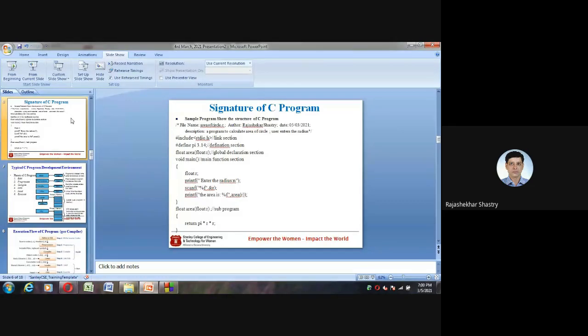If I'm unable to explain on the spot, no problem, I'll definitely refer them, and through WhatsApp or through any other media, I'll definitely answer your questions if I'm unable to immediately respond. Definitely I'll maximally respond immediately. In case I fail in responding immediately, I'll respond definitely in the next immediate class or in an immediate session. I'll post the answers for you. Thank you very much. Have a nice day.